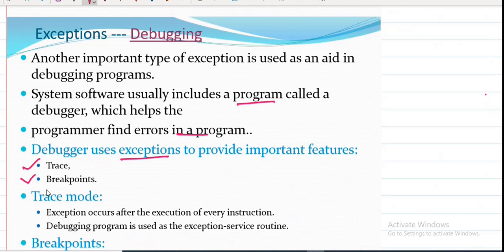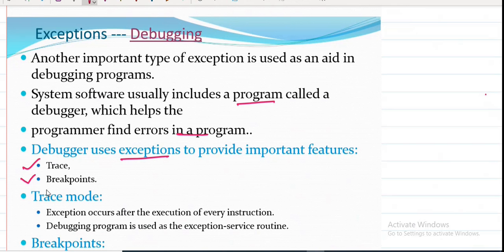Listen here, trace mode. You need to keep the program in trace mode. Whenever the program is in trace mode, it is going to execute line by line.